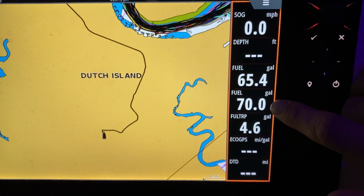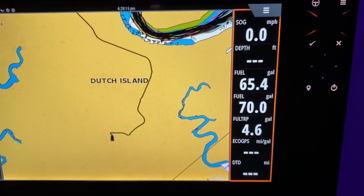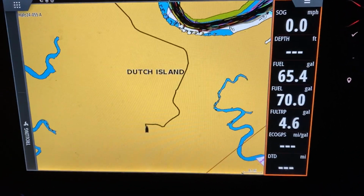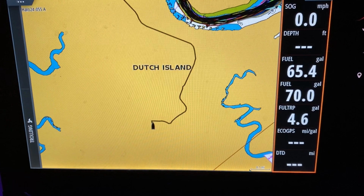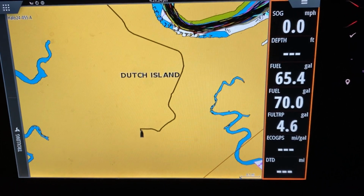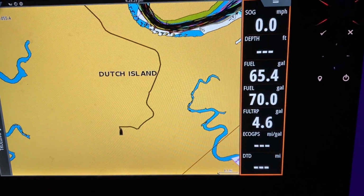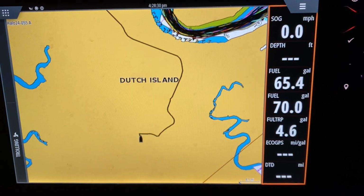The second one right here is the fluid level sensor in the tank. And all that's doing is that's just a little float. The higher up it goes or the lower it goes changes the resistance. And so the NMEA network is just reading the amount of resistance and calculating how much fuel is left in the tank. So both of these can be off, and it's important to use the lowest of the two values and